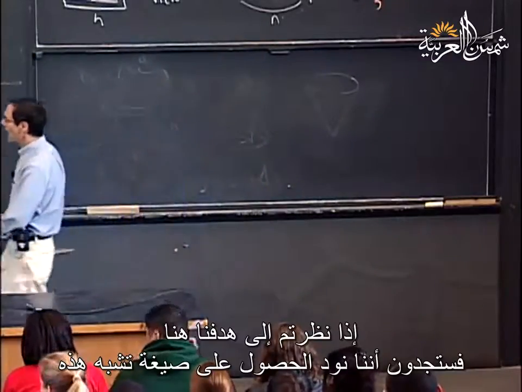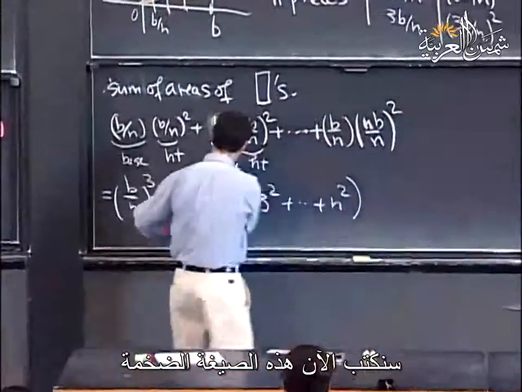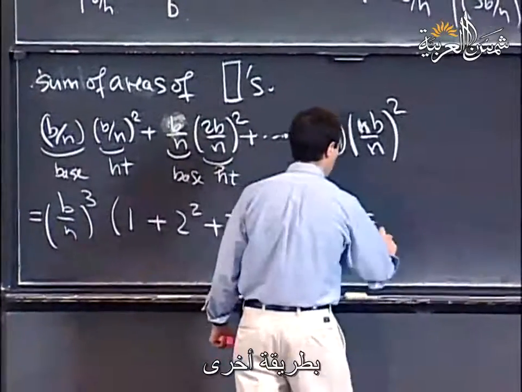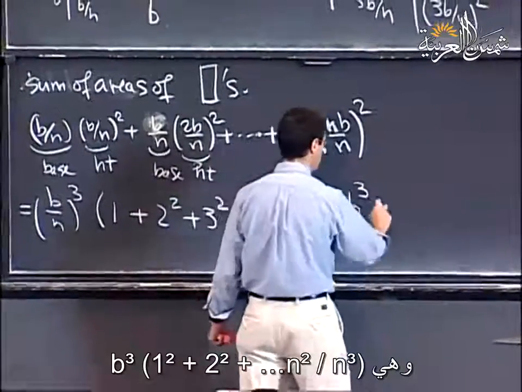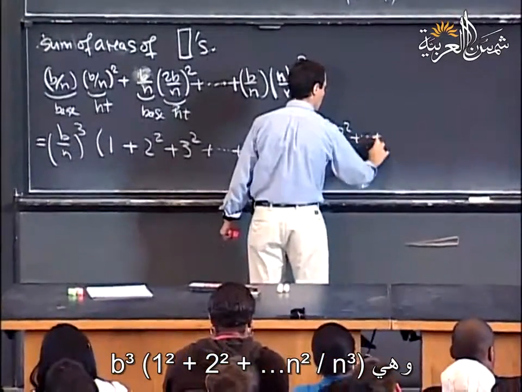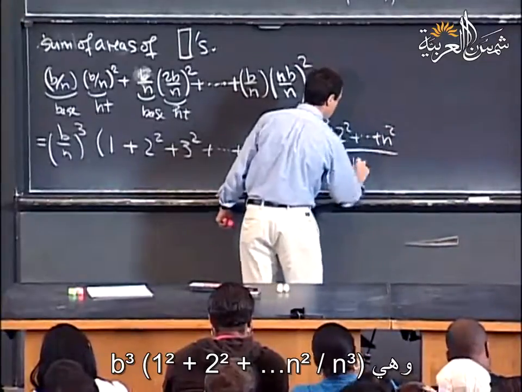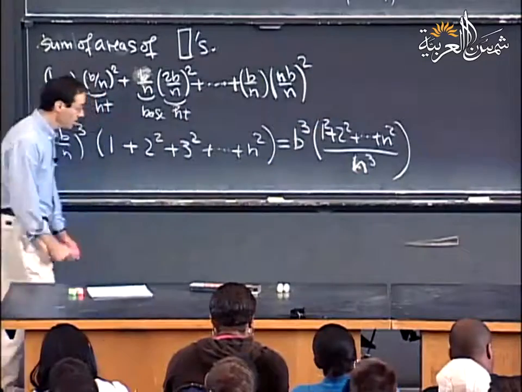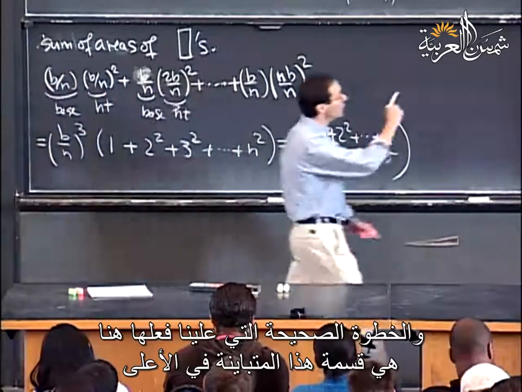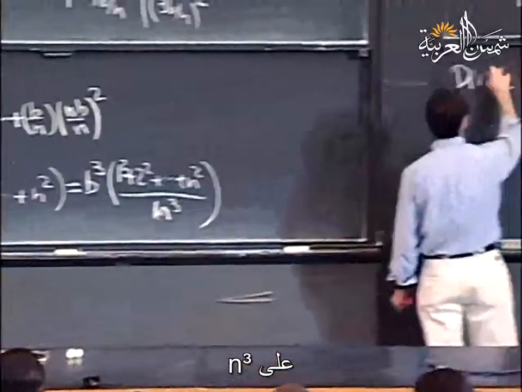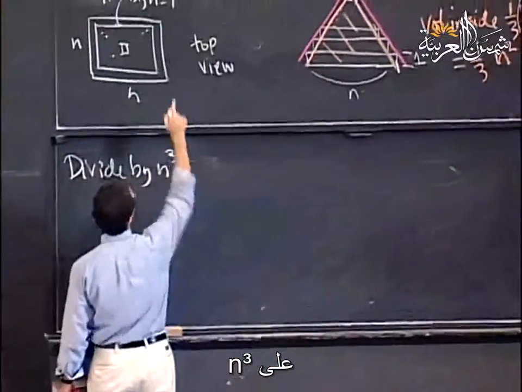If you look at what our goal is, we want to have an expression like this. This was the massive expression that we had, and actually, I'm going to write it differently. I'll write it as b cubed times 1 squared plus 2 squared plus n squared divided by n cubed. I'm going to combine all the n's together. All right? So the right thing to do is to divide what I had up there by n cubed in this